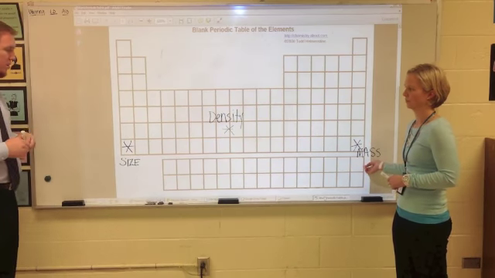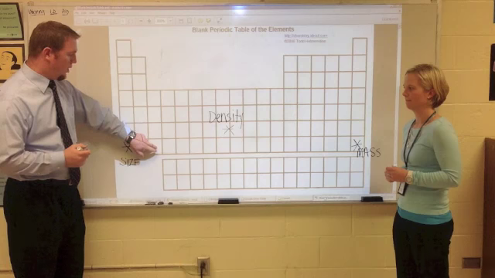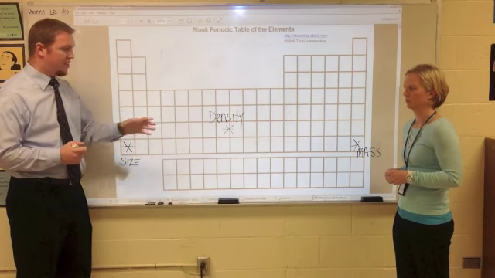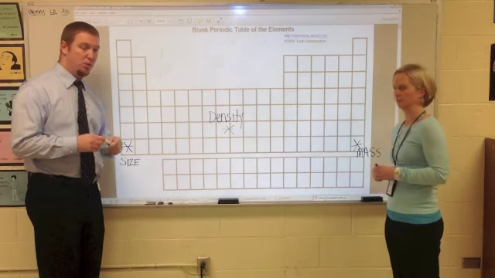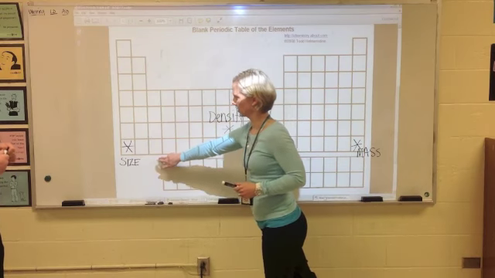What you can do with this, if you remember these three things, is compare one element with another element as far as size, density, and mass, and those are the three things that are going to be most useful for us. So when we think about size, if we're over here with size, this means